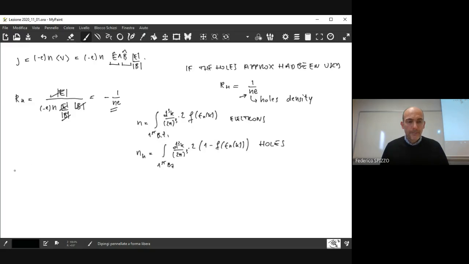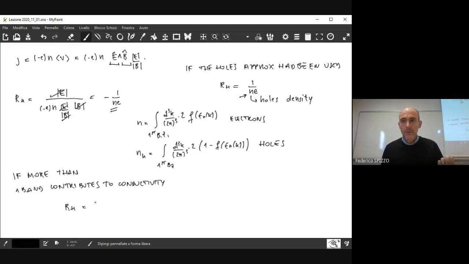Then if more than one band contributes to conductivity, the full value of RH comes from the contribution of all the bands. So you have the contribution of one band and the contribution of the other band, where this is the first band that contributes, and this is the second band, for instance. In particular, if you use the electron approximation for one band and the holes approximation for the other band, you may also have,